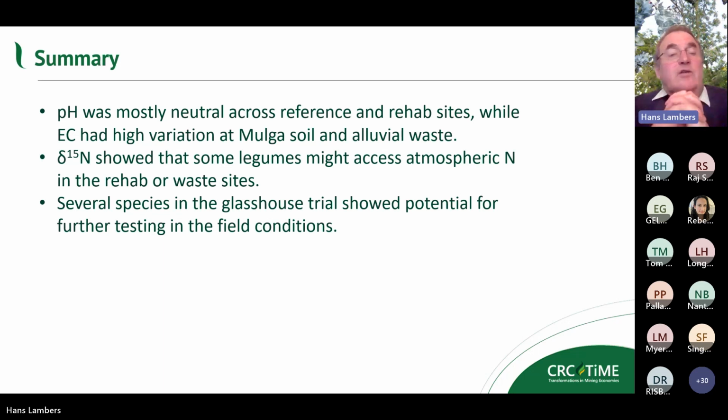Maybe they were not nodulated, or they were nodulated with the wrong strain of rhizobium, and that needs to be followed up. The carbon isotope composition showed us they were all C3 plants, and they varied a little bit in the water use efficiency, but there was not really an issue there. And several species in the Glasshouse trial actually showed potential for further testing in field conditions. And we also want to do further Glasshouse trials, but that's not included in this talk because I'll leave that to